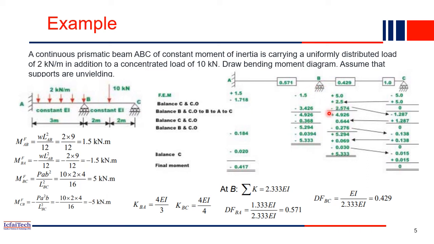So whenever we add again -6 here, half of this portion will come here. So half of 2.574 will come to this support C. So -1.27. Whereas half of this side 3.426 will go to A. So half of 3.426 will be -1.71. So half will go here. So now at B now we made it 0.